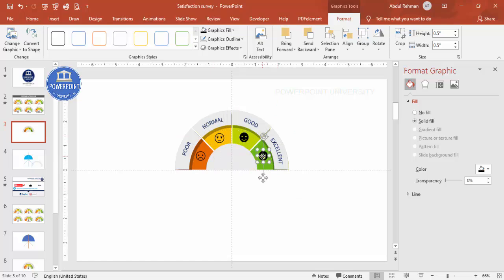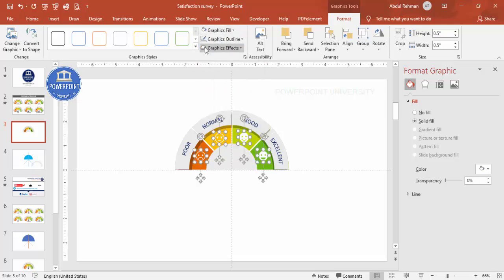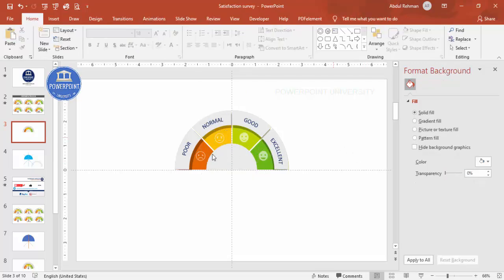So then what I'm going to do is I'm going to select this, and I'm going to give as a white color here, and then I can just make it more transparent also. Here actually I've used like this. If you want, you can just change it with the outline, or you can just use it the full one. So depending on your requirement, you can do it. Now this, our basic design is ready.